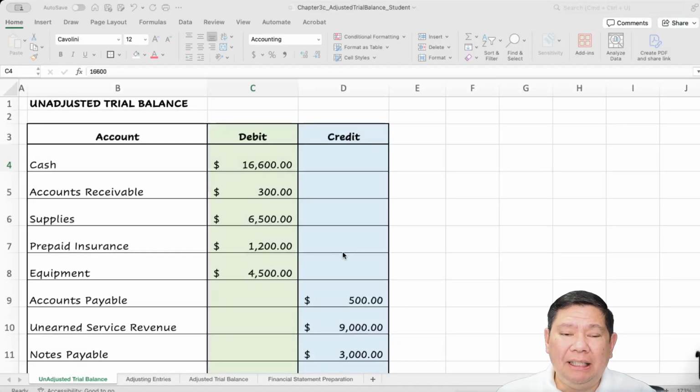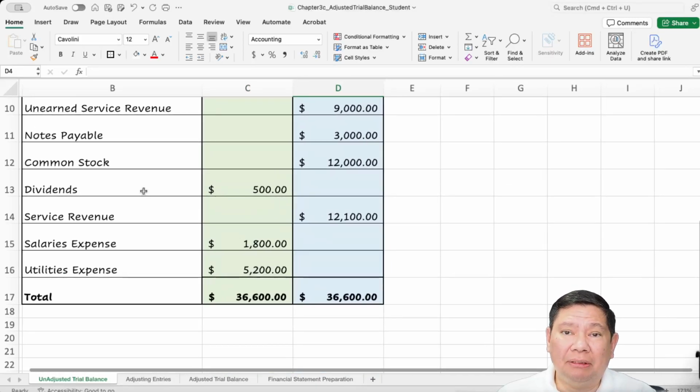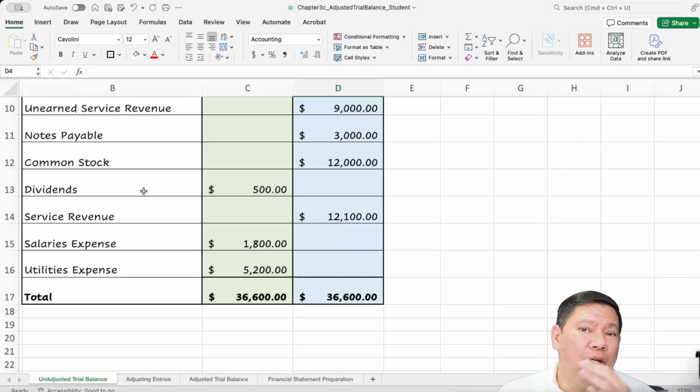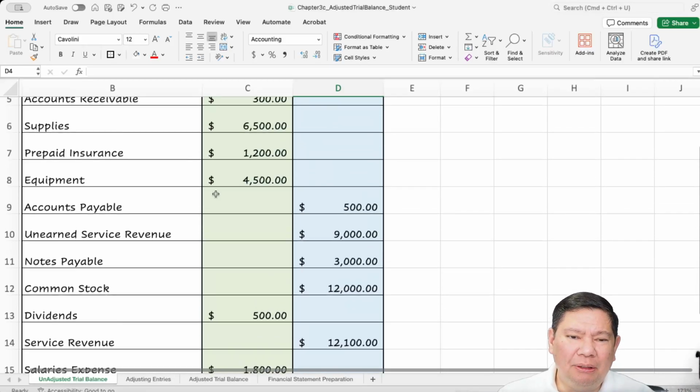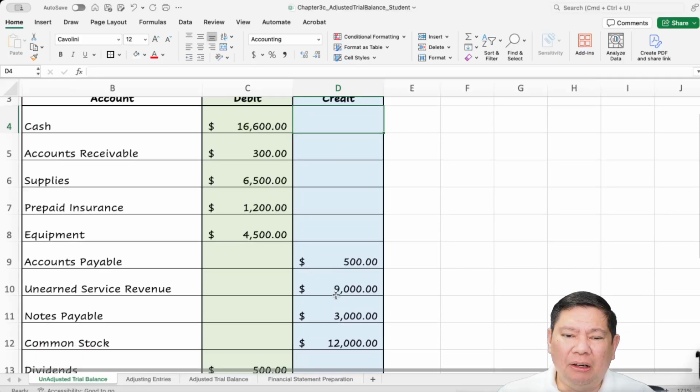Hello everyone, in this video we're going to look at adjusting entries. Using the previous example in the previous video, we had created this unadjusted trial balance that lists all the accounts after we recorded all the transactions. We posted them to the general ledger and then we moved the information to the trial balance. So we have this trial balance with all the accounts, all the amounts on the debit column, and all the amounts